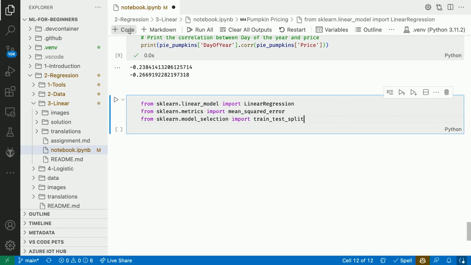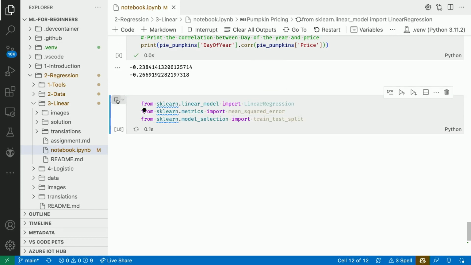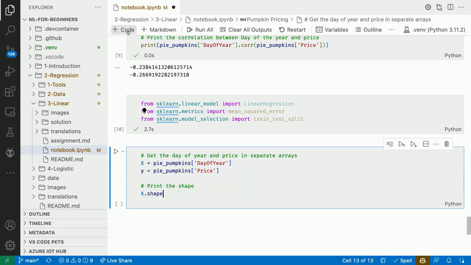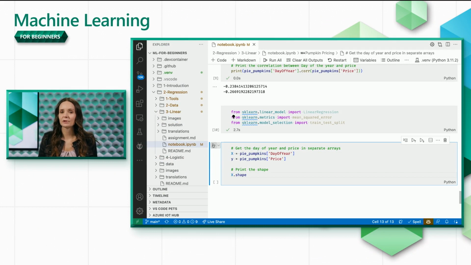We'll start by importing the Scikit-learn package. Next, we need to get separate NumPy arrays for the input values x, which represent the day of the year, and the labels y, which contain the price. Remember that our goal with this model is to predict the price of a pie-type bushel of pumpkins given the day of the year. We need to reshape our input x because later we'll be passing it to the fit